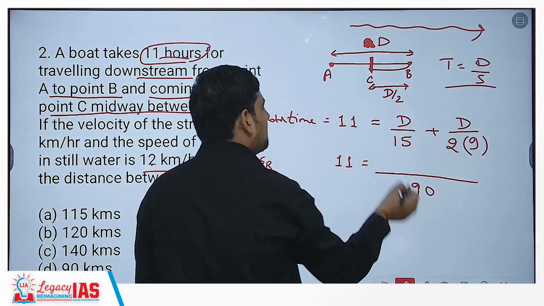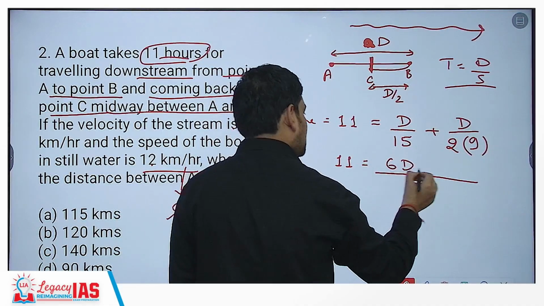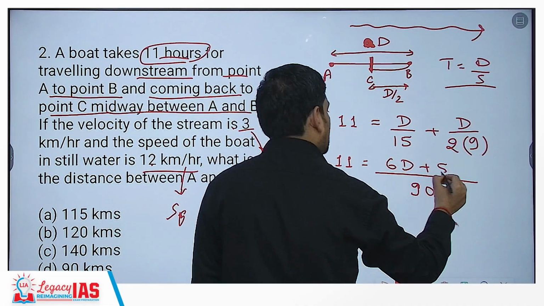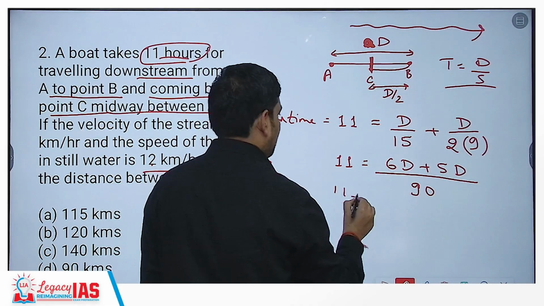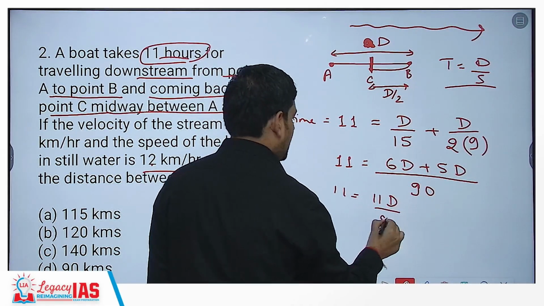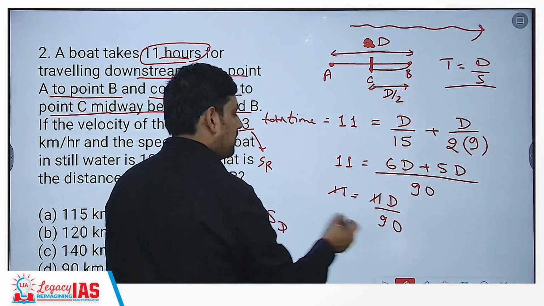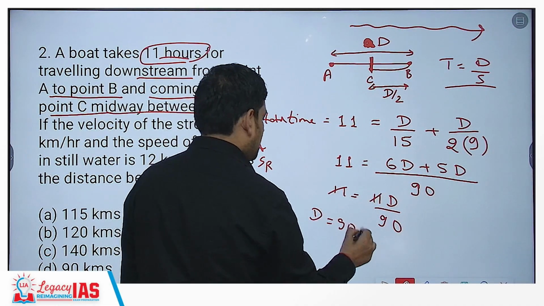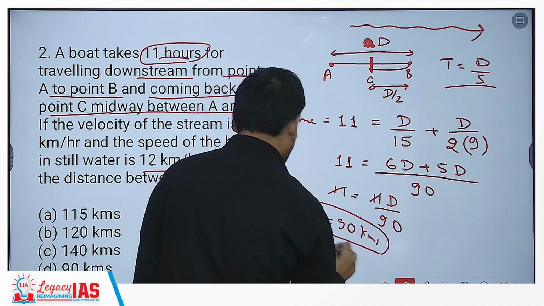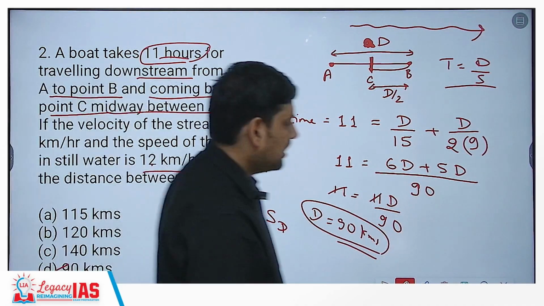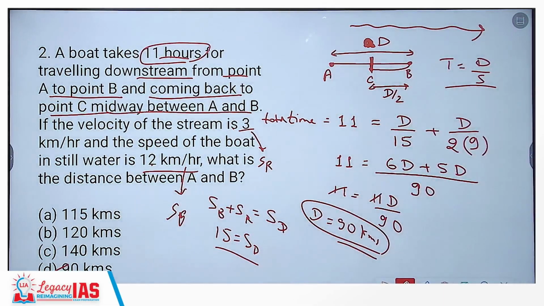Now how many times it went? It went 6 times and this one went 5 times. So this becomes 11 is equals to 11d by 90. Correct? 11 and 11 you can cancel out. What you get? D is equals to 90 kilometers. So D becomes your final answer. Understood? Okay. Then